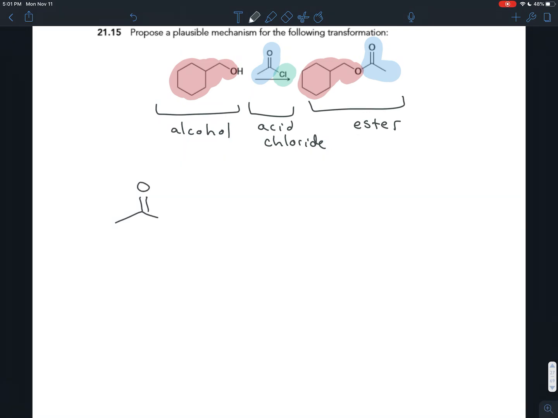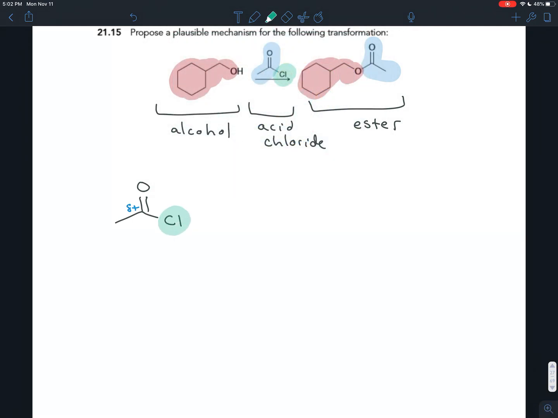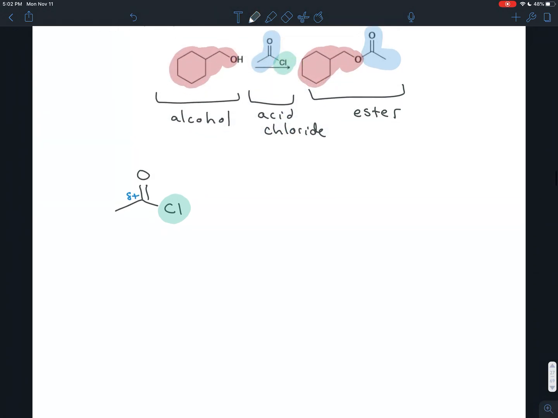This is very reactive, as we've discussed before, both because the carbonyl carbon is bonded to oxygen twice and to chlorine, which is very electronegative. And so the carbonyl carbon is really slightly positive, and also because the chlorine is such a good leaving group. So conceptually, we can think about that as a leaving group. So this is really reactive. It's so reactive that you can even take a mediocre nucleophile, like this